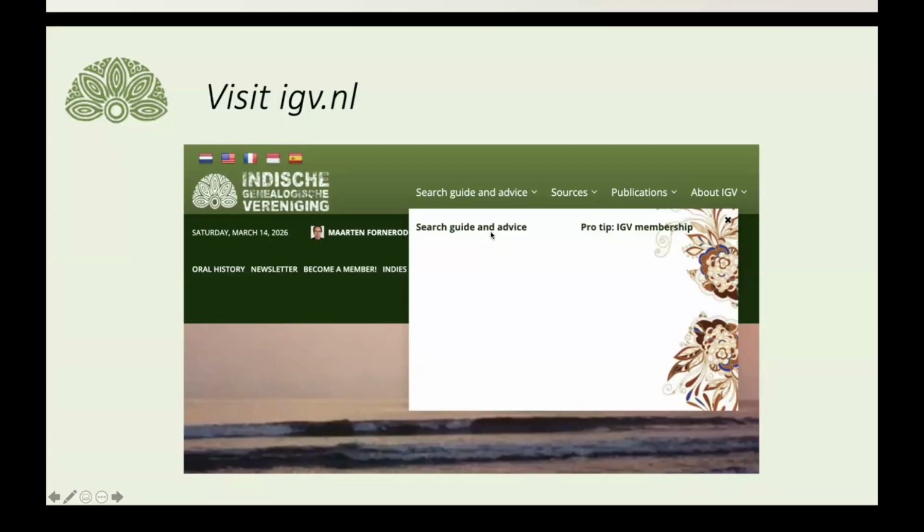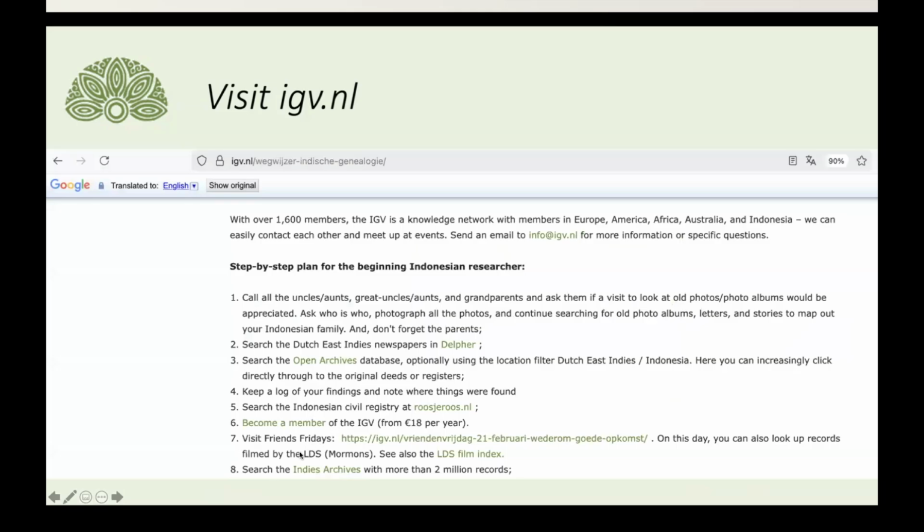We always say, if you're starting, first look at the search guide and advice. It's a numbered list. Here are the first eight, but I think it goes down to maybe 15 or 16 points, a step-by-step plan.